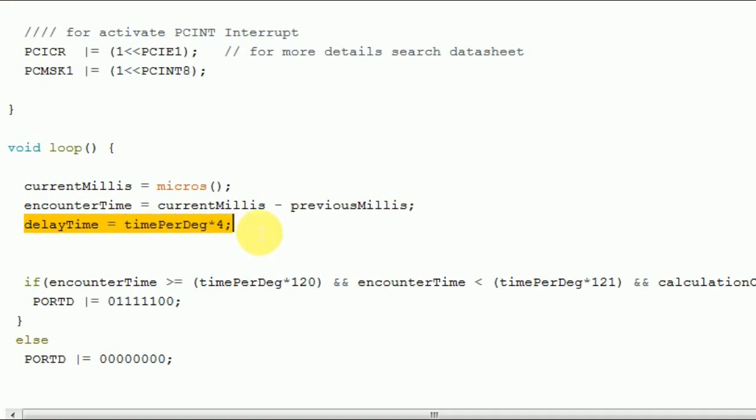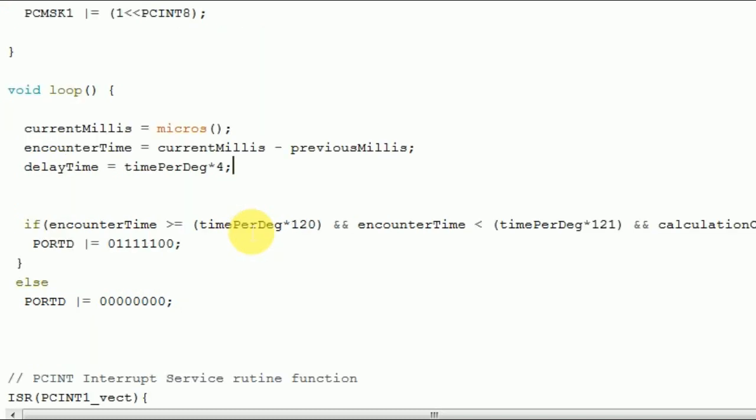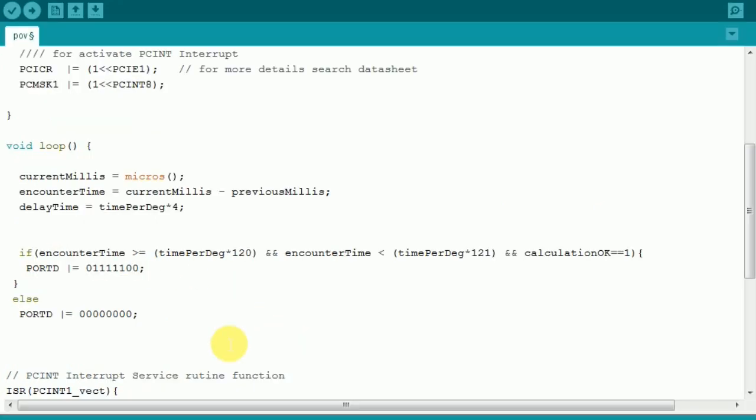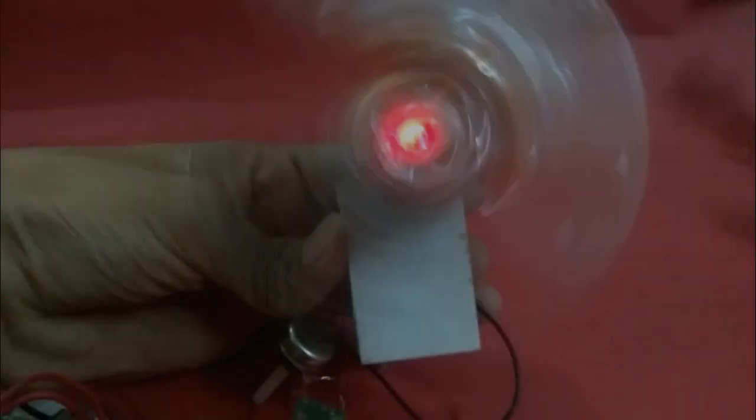And I am holding the LED state for 4 times, so for that I multiplied by 4. In the if statement, it matches the exact degree to turn on the LED, and the else statement turns off the LED. That is a simple program. Now compile and upload it and test.